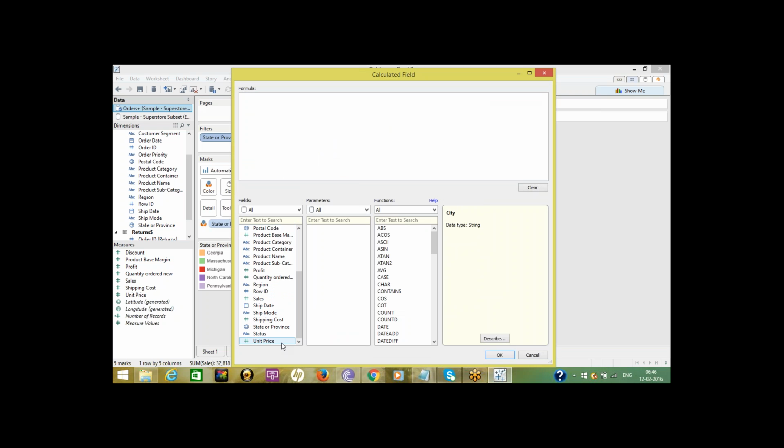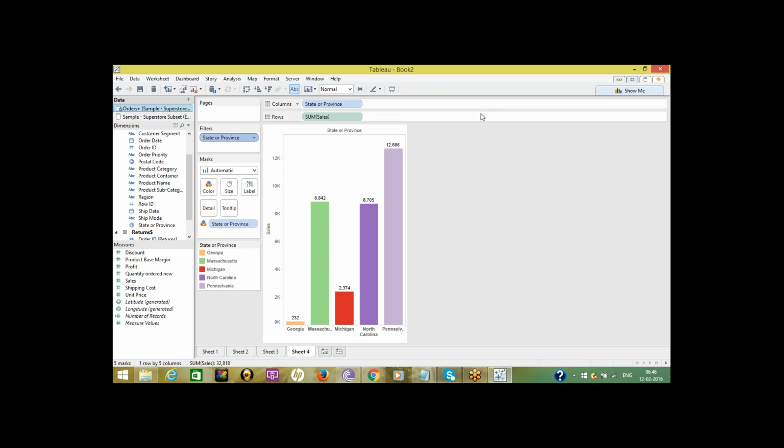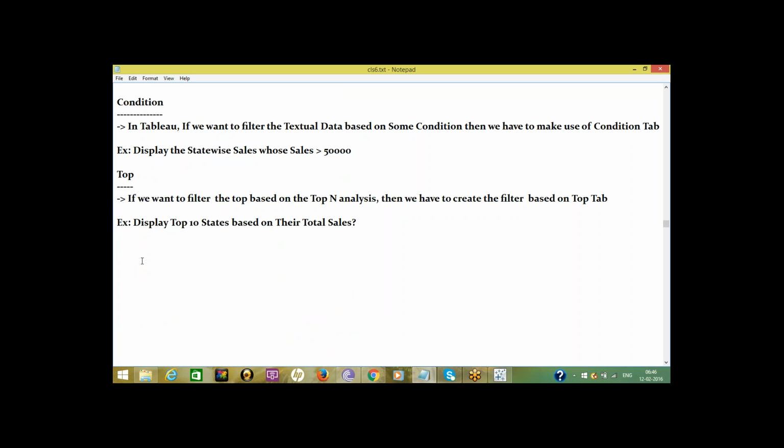Maybe something like unit price greater than, like that. Could you write out some formula, Karthik? Yeah, we'll write, not now. Don't confuse. Next we'll go for measure filtering. There are so many other types, we'll go one by one. Okay.